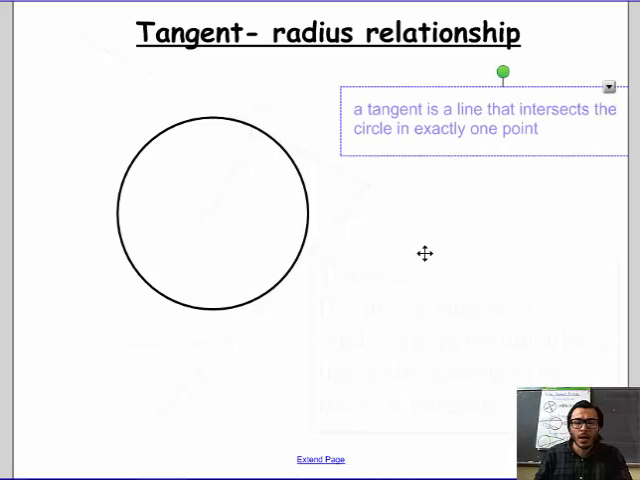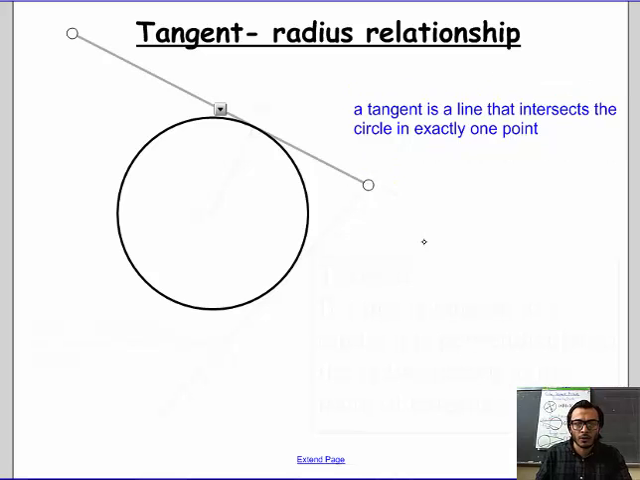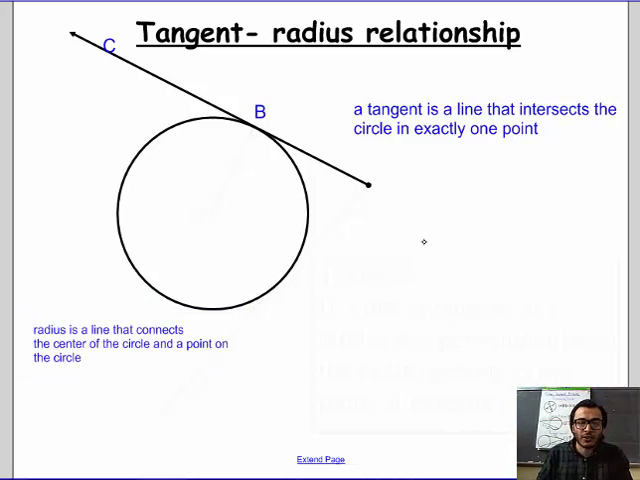If you recall, a tangent line is a line that intersects a circle in exactly one point. So there is a tangent line. Let's call this tangent line BC. A tangent line is a line that intersects the circle in exactly one point. A radius is a line that connects the center of the circle and a point on the circle. So this is a radius OB. The center is point O, and so the radius OB connects the center to the point on the circle,